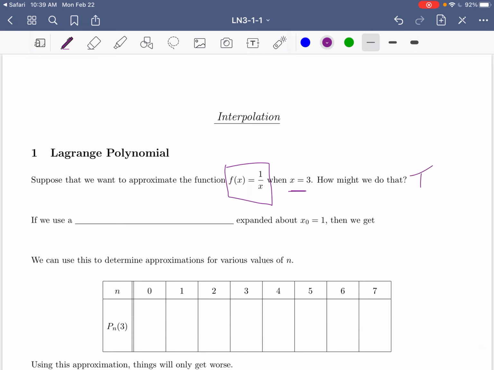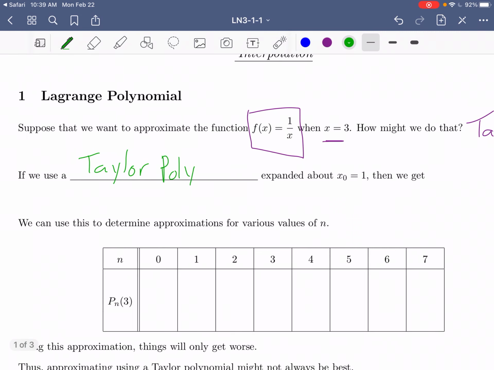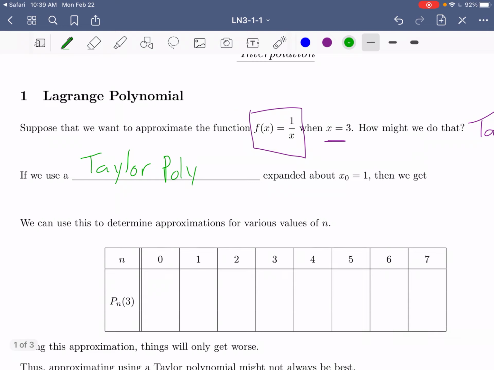A Taylor polynomial. That's a great idea. So we might use a Taylor polynomial, and we expanded about x naught equals 1. Then remember our Taylor polynomial is